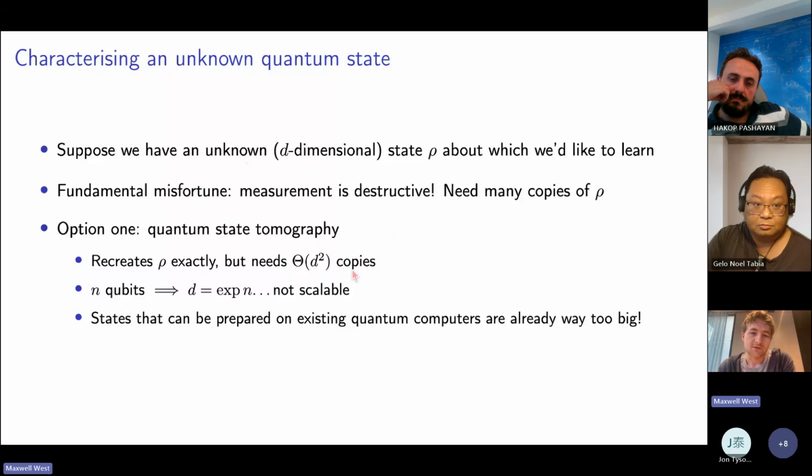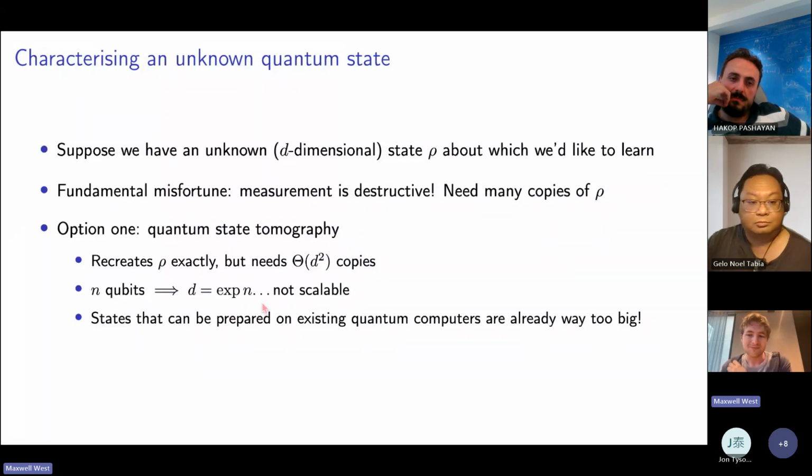And this is a sort of type bound. It's exactly d squared. And then, of course, this just is not scalable at all because the dimension of the Hilbert space, if you have, say, a qubit system, or anything else really, tends to scale exponentially in the size of